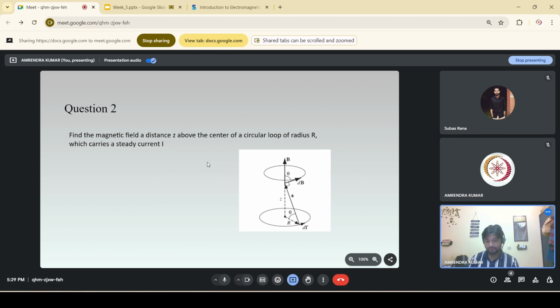ठीक है, तो ये हो जाएगा। अब यहाँ पर हमने अभी तक इस डायरेक्शन में फील्ड निकाली है, लेकिन हम देखेंगे कि सिमेट्री की वजह से इस डायरेक्शन से भी फील्ड्स आएंगी, इस एलिमेंट की वजह से यहाँ पर जो इस डायरेक्शन में होगा, यहाँ से भी और यहाँ से। इनके जो sin θ कंपोनेंट्स होंगे वो अपोजिट होंगे, जैसे यहाँ पर हम देख सकते हैं क्लियरली। इस वाले कंपोनेंट का वेक्टर डिकम्पोजिशन ये B₁ cos θ और ये B₁ sin θ। इस वाले की वजह से ये हो जाएगा B₂ cos θ और B₂ sin θ। लेकिन ये जो मैग्नीट्यूड है, ये तो बराबर है दोनों में, तो ये कैंसिल आउट हो जाएंगे और ये सम हो जाएंगे।